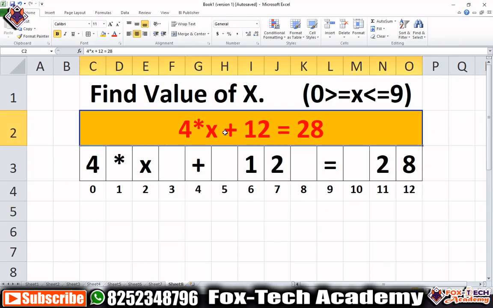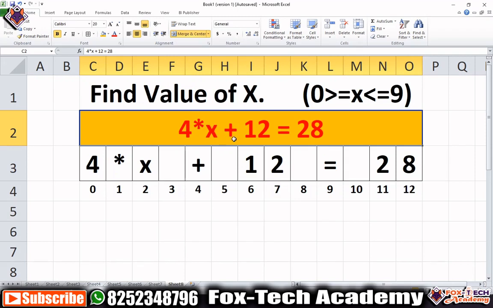So you can see this is our expression, and we have to find the value of x, and we know in the question they have mentioned x will be between 0 to 9. So how will we solve this problem? First, we will take all these values from this string, right? If you see, they have given a string. So first we will take all these values 4, 12 and 28, and we will take the operator as plus or minus, because in the question it will be plus or minus, but this is fixed, it will be the multiplication operator. So we have to find the value of x.